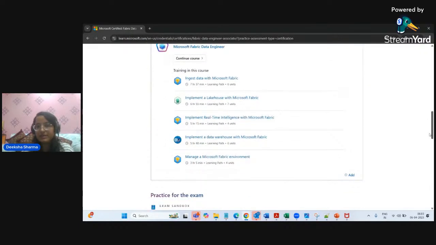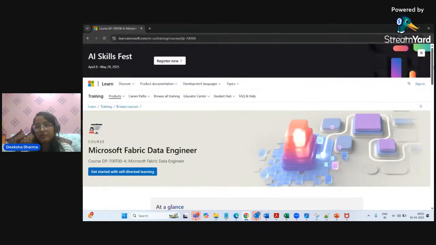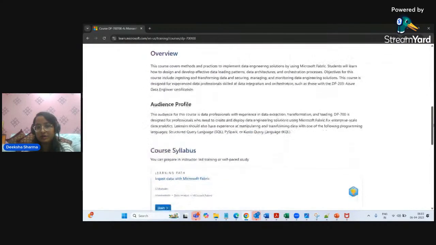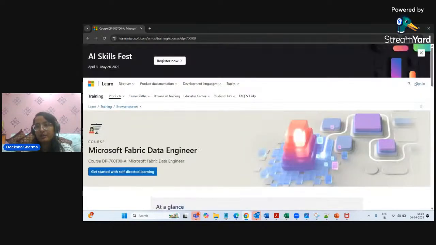There is some self-paced learning material also. You can click on that and you will get the free modules, or the self-paced learning modules. You can go ahead and then do a start. But before starting that, you can go ahead and create a profile. You need to click on sign in, and it is going to work as a centralized Microsoft Learn